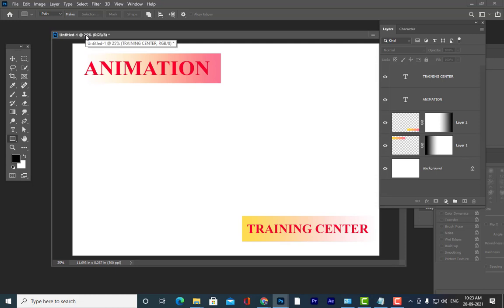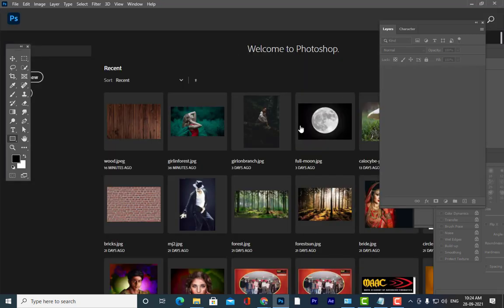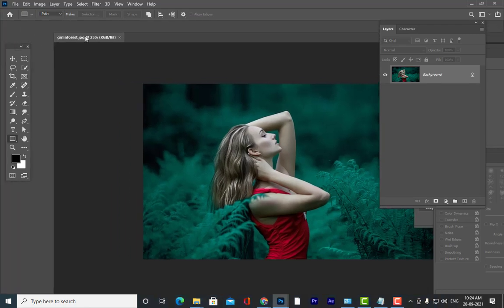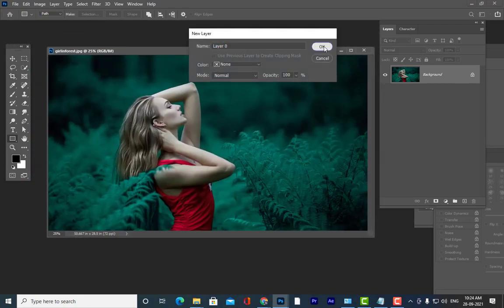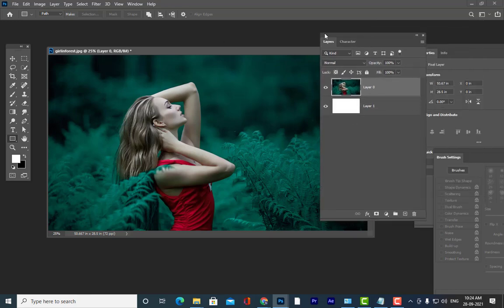Now what I will be doing is, I am going to show you a different type of mask. That mask will work along with this pen tool, or you can say these shapes. That mask is called vector mask. Now we will see what is vector mask. So I'm going to close this image and open this image. Then I am going to take one more layer here at the bottom, and I will give it, let us say, white color. So we have a white color background and I'm going to select this.